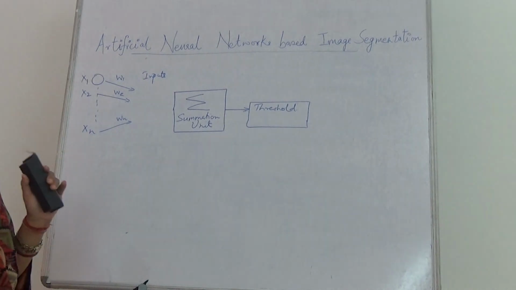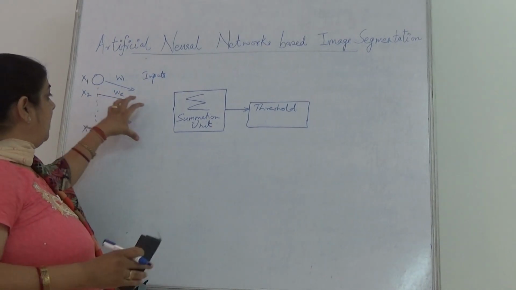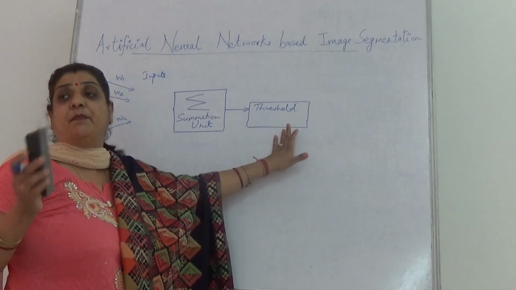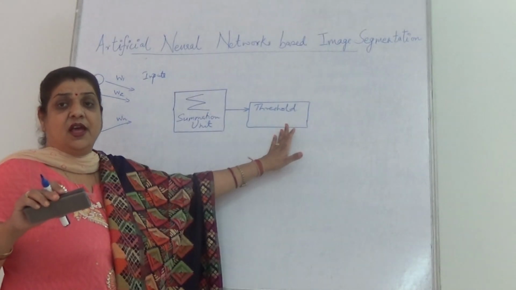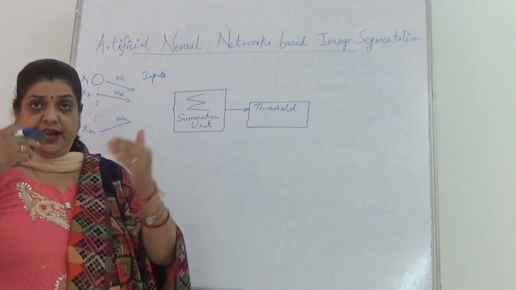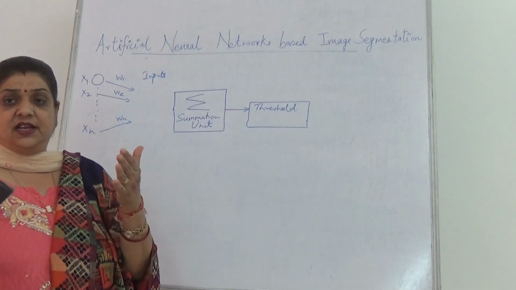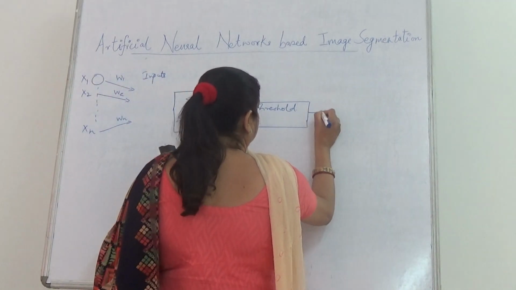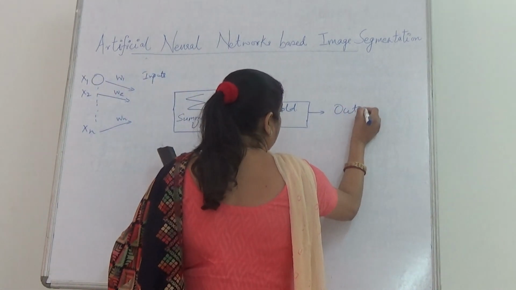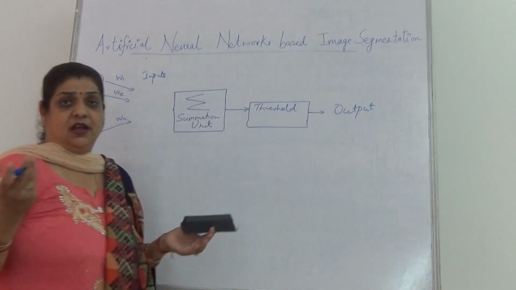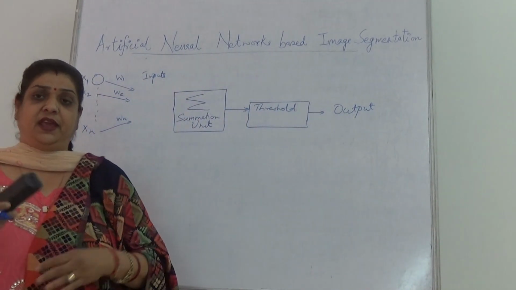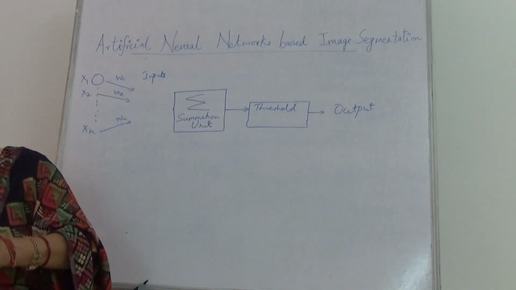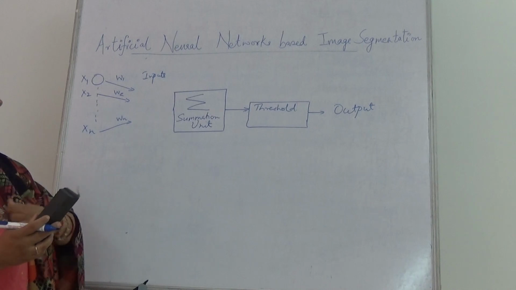The threshold block plays a major role because the outputs of this network are compared with some predefined threshold in order to recognize or categorize a particular output or a class. So this is how the object or any process can be categorized, classified, identified or recognized with the help of artificial neural